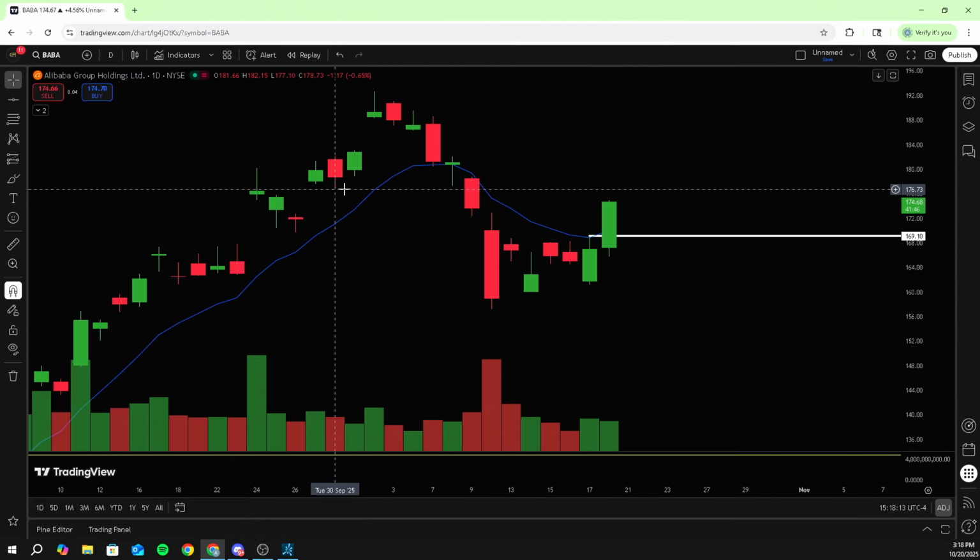Now that the market's back bullish, I'm kind of going to be looking for more setups to play for individual names. When the market was bearish, it was a lot harder to catch trades and a lot harder to find setups because we know that SPY is overall bearish. So it really wouldn't make sense to be throwing a lot of longs on the table when we know the market is in a bearish trend. And I think that's kind of going to be the rule of thumb that I follow.